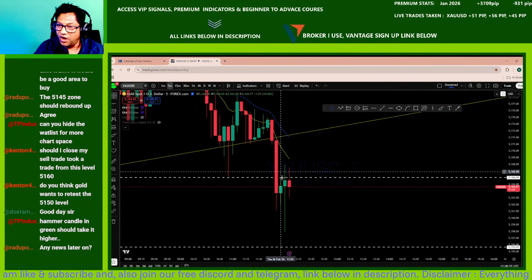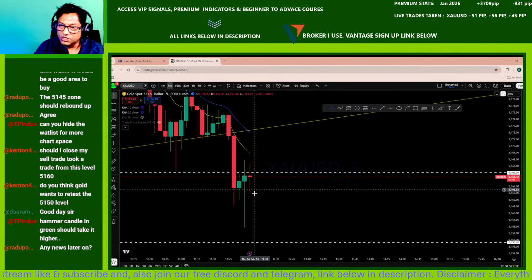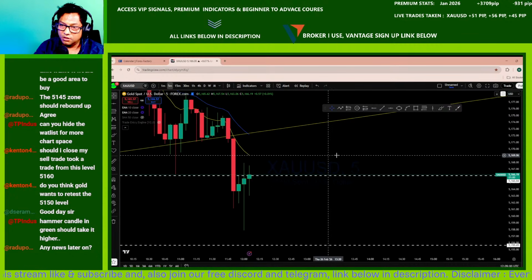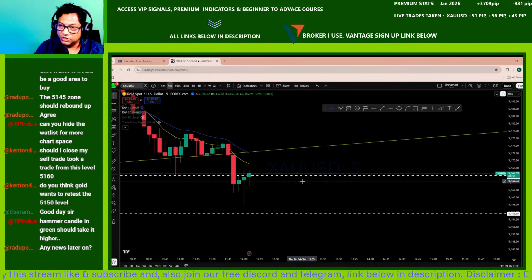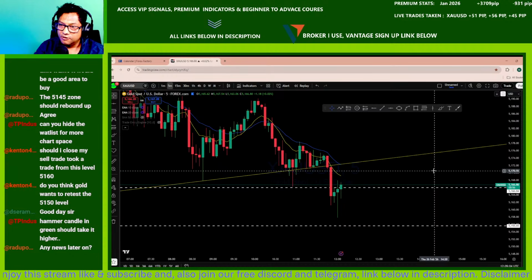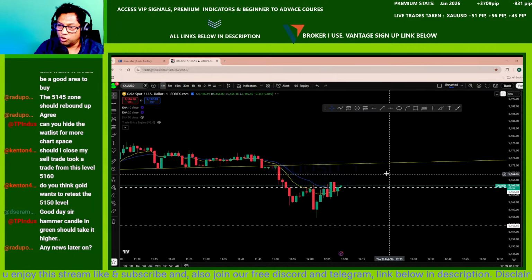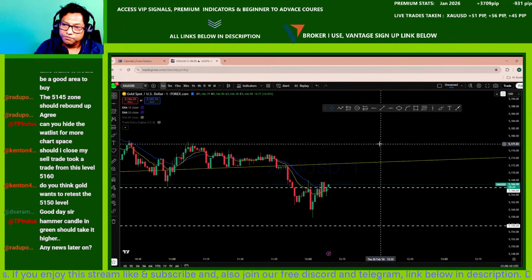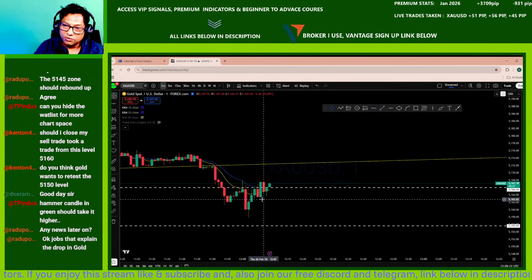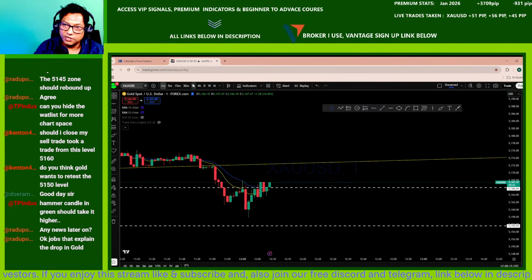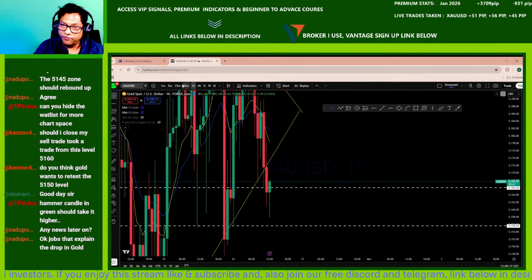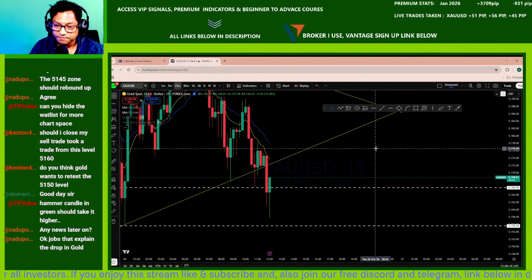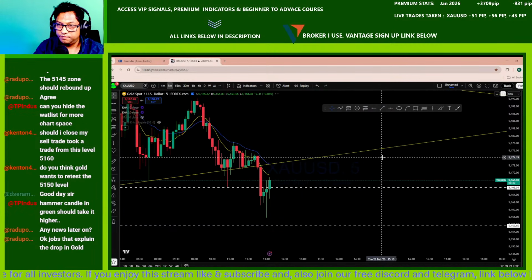Okay, now this 5 minutes candle, if you look at, this is forming a narrower candlestick, so that is a possibility now that the market may try to create a reversal. If you look at here, this is where the market is showing there's a possibility for the price to go up again, back above.